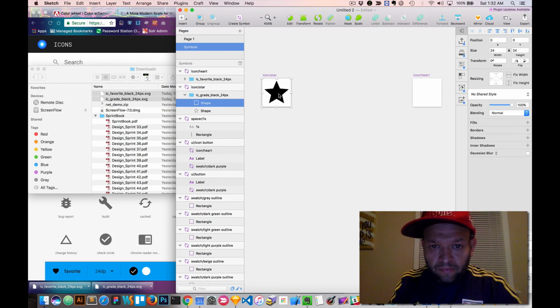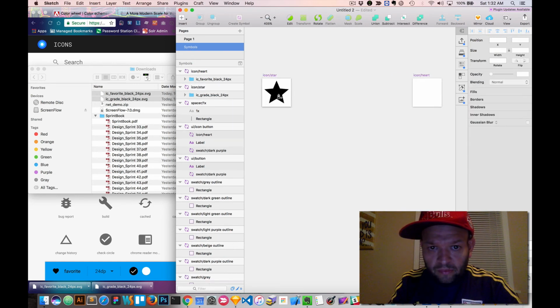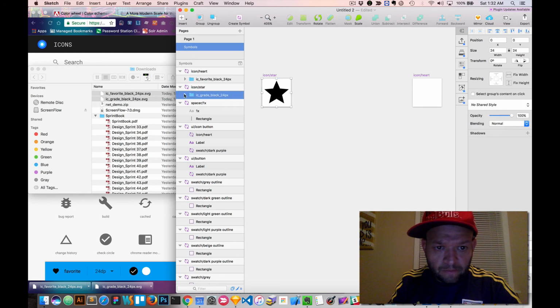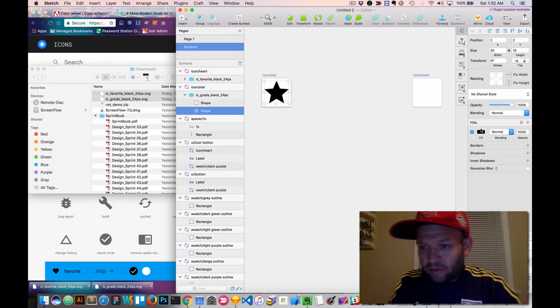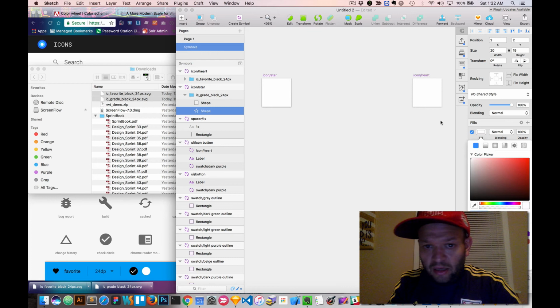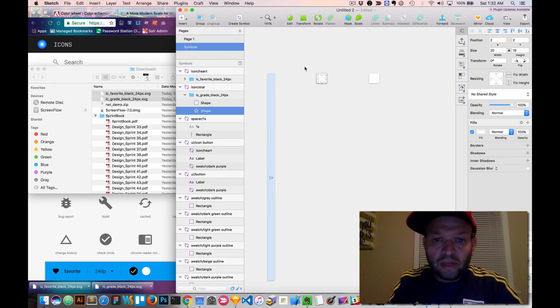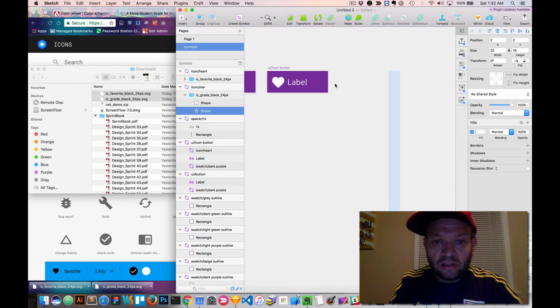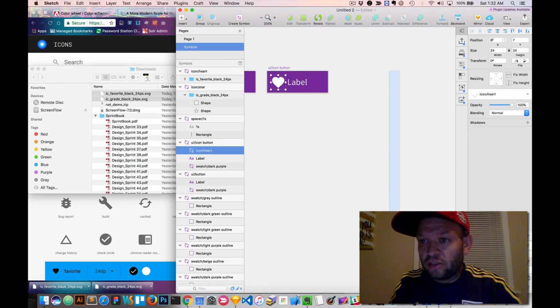Oh well. And white. Okay, so we got these white icons. Now this heart looks nice and white, so let's go here and we're going to move this to X16,